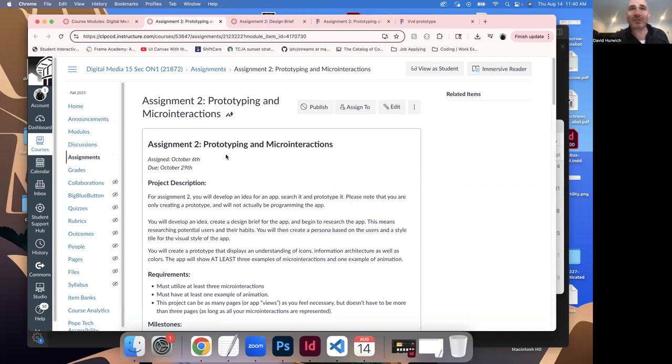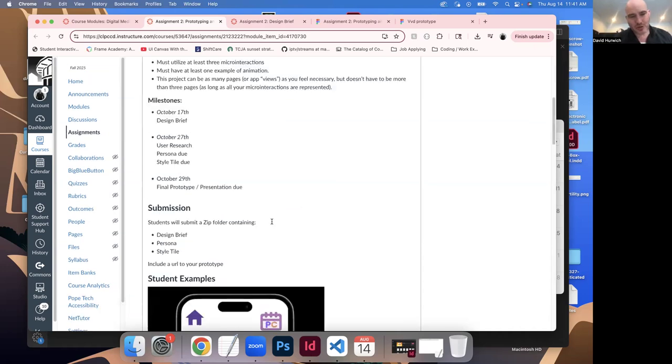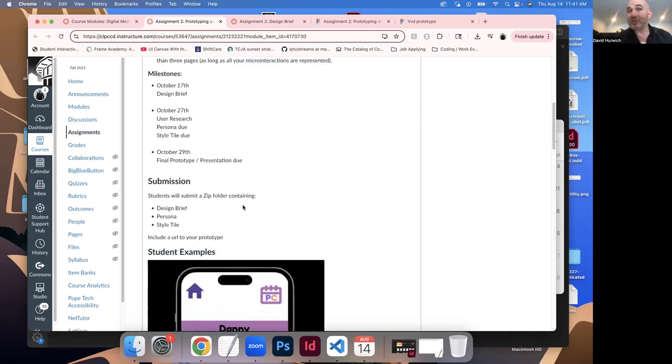That's the project. Obviously, I'll talk more about this as time progresses, but I want you to start thinking about what is the app that you want to build. It can be any kind of app. I don't really have any limitations. You can make a utility app, like searching recipes. You can make a game, where your game starts and there's a start screen and you can choose between these options. The idea is, like I said, we're just planning the user experience. There's no programming in this. There's no programming in any of the things that I showed you. It's all just planning out interactivity.